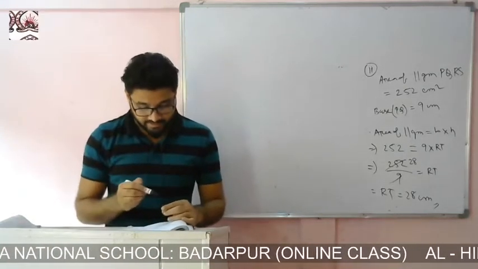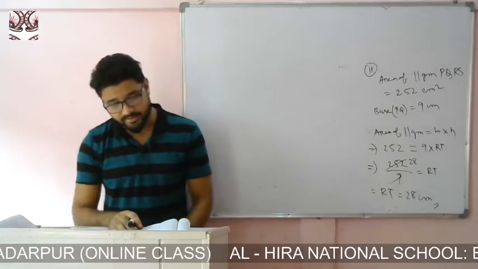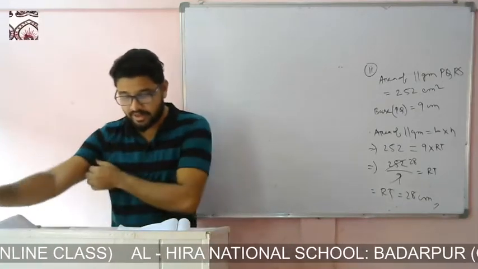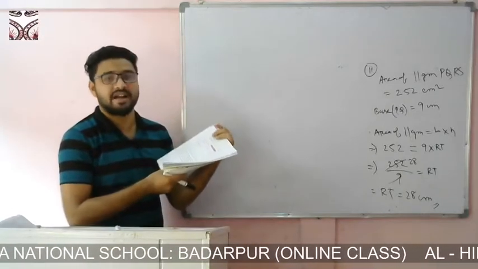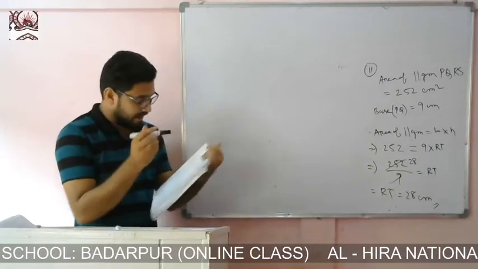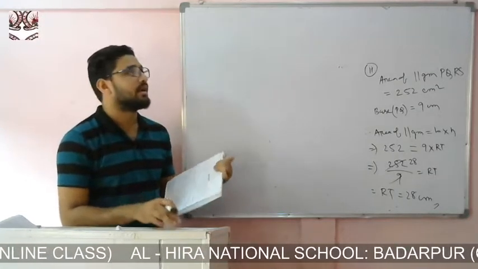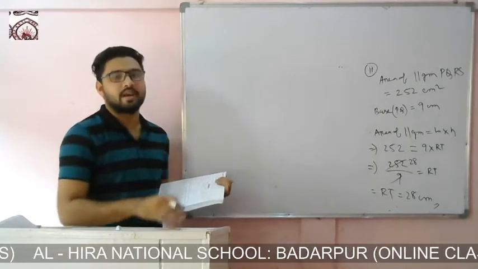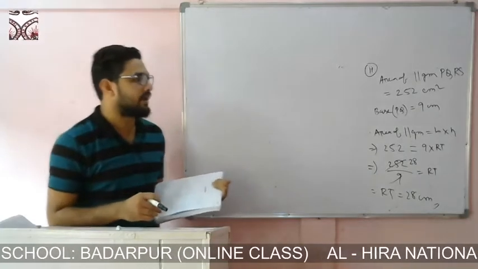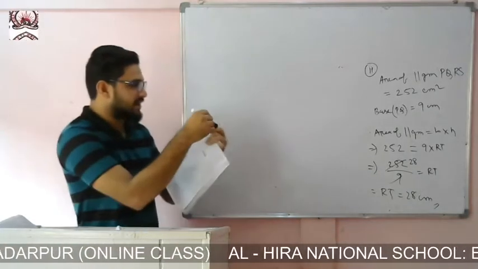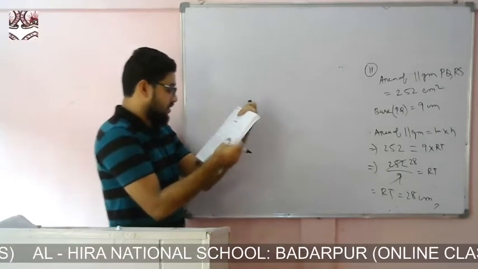You see question number 3, what is given? The side of a rhombus is 7.2 centimeter and its altitude is 5 centimeter. Okay. Find its area. The side of a rhombus is given. We know rhombus, and here you see one hint is given. Since a rhombus is a parallelogram, yes, we know rhombus is a parallelogram because in rhombus two sides are what? Parallel. So in parallelogram also we have seen that the two sides are parallel. So in this case we can say that rhombus is a parallelogram.